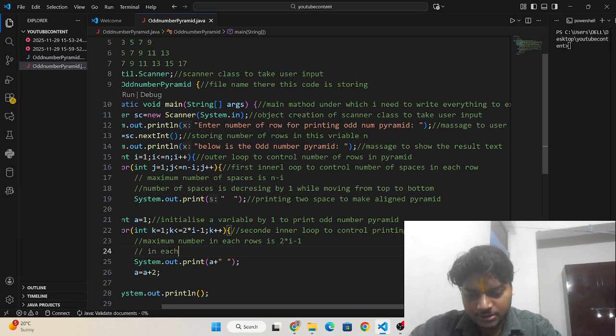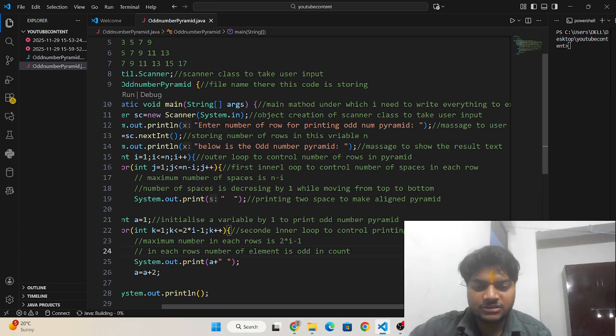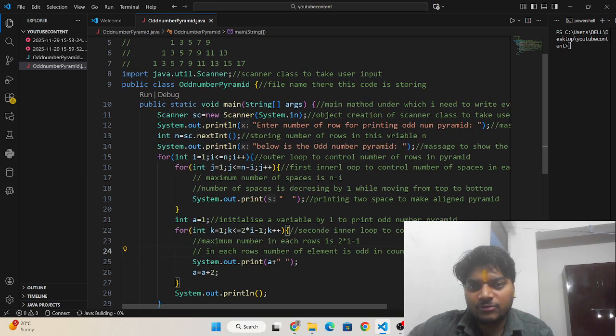In each row the number of elements is odd in count, so that's why I have written this logic: 2 of i minus 1. If you are in the first row, you can see we have only one element.